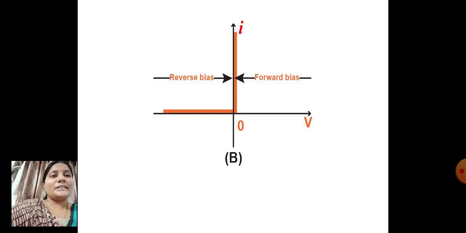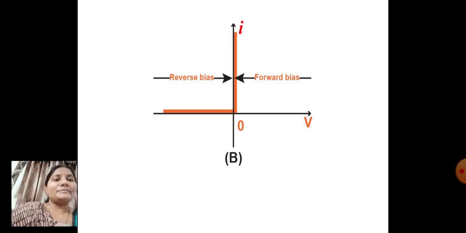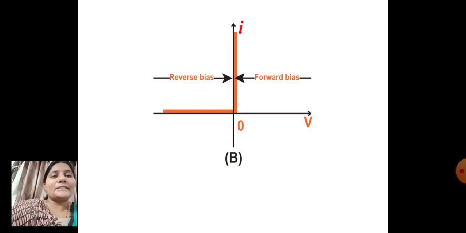By using these current characteristics, we can describe the resistance. In the forward bias, the current starts conducting at 0 volts and the resistance will be 0. In the reverse bias, whatever the reverse voltage VR, the diode will never conduct current, and in this reverse bias condition the resistance will be infinite because the current is 0. Both are of opposite nature, right?